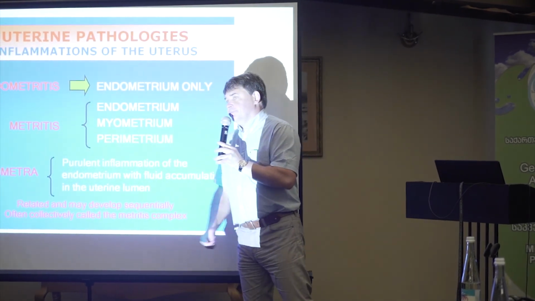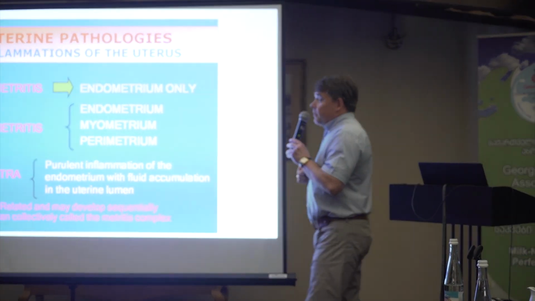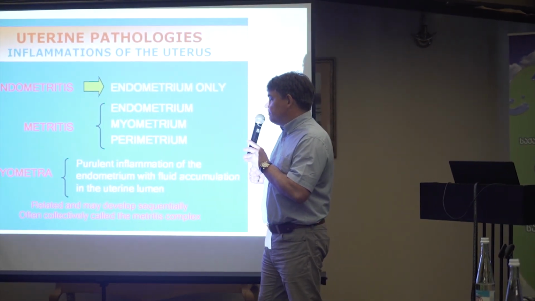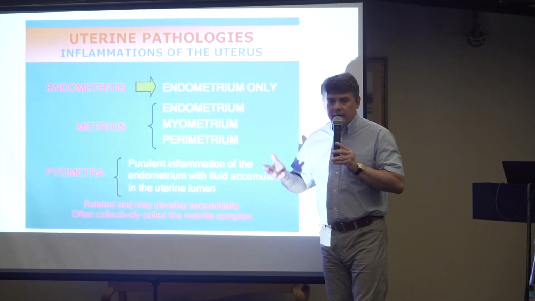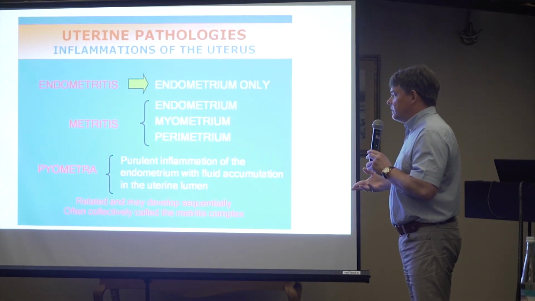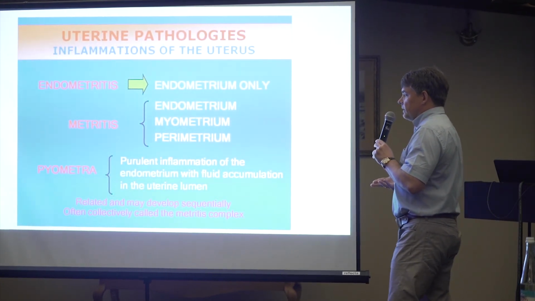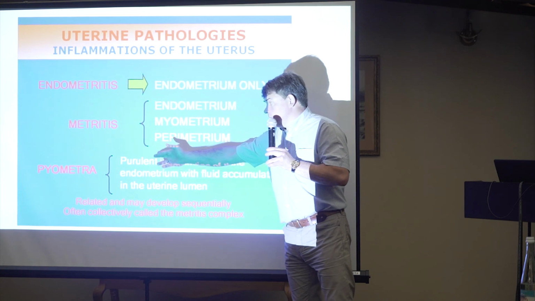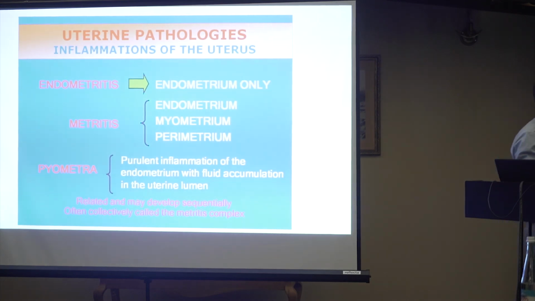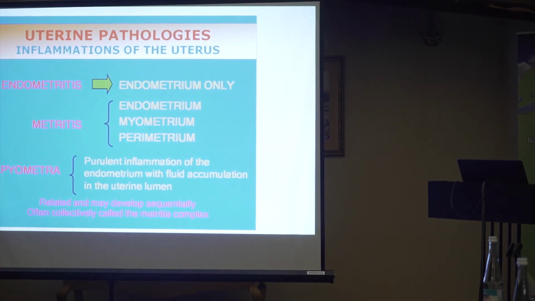And of course, the pyometra. But pyometra is part of endometritis. We can also call it a chronic form of endometritis, because the process has been going on for a very long time, and there is exudate, purulent inflammation in the endometrium, and the outcome is a fluid accumulation in the uterine lumen. Usually, as I told you already in previous hours here, if cows have this pyometra, they are not showing any heat. Usually we will not see any discharge because the cervix is closed and there is always a corpus luteum in the ovary.